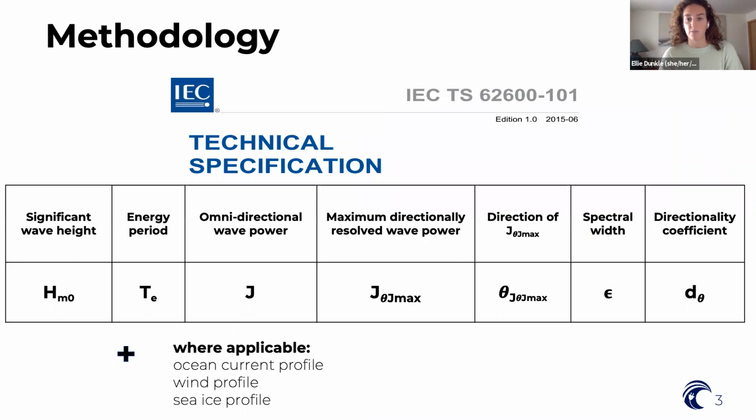The goal of this work was to complete a technical specification of the wave energy resource according to the International Electrotechnical Commission, or IEC, standards. And they say that the wave energy resource can be described by these 7 parameters, which are derived from the wave energy spectrum: significant wave height based on the energy spectrum, energy period, which is the characteristic wave period based